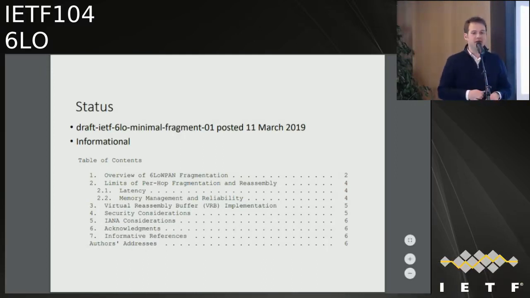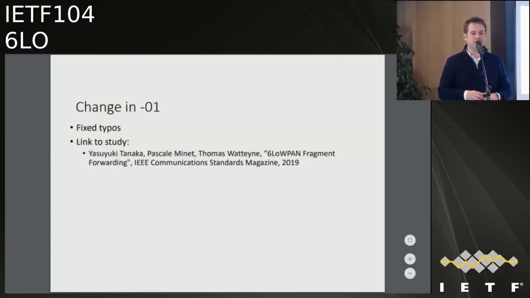Fixed some typos, and I put a link to a study that Yasuyuki Tanaka, who's sitting there in the back, has done. He has been simulating this using the 6TiSCH simulator to show that yes, indeed, there's a problem, and yes, indeed, the resolution proposed in Karsten's draft solves it. And these are the results of that. So Yasuyuki created those slides. Please shout if I'm